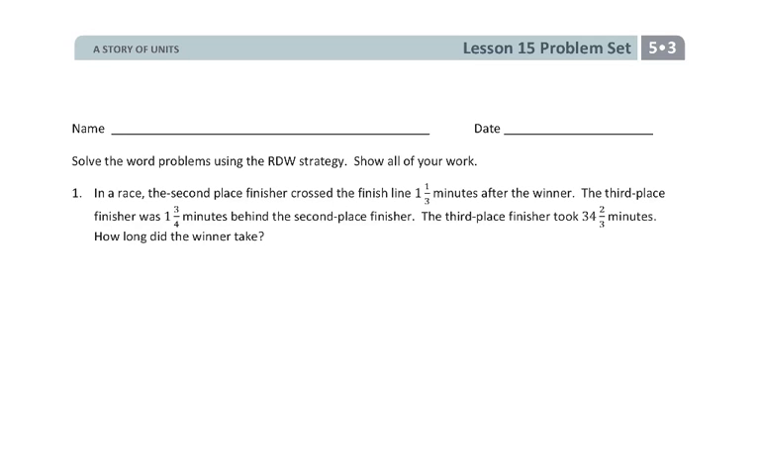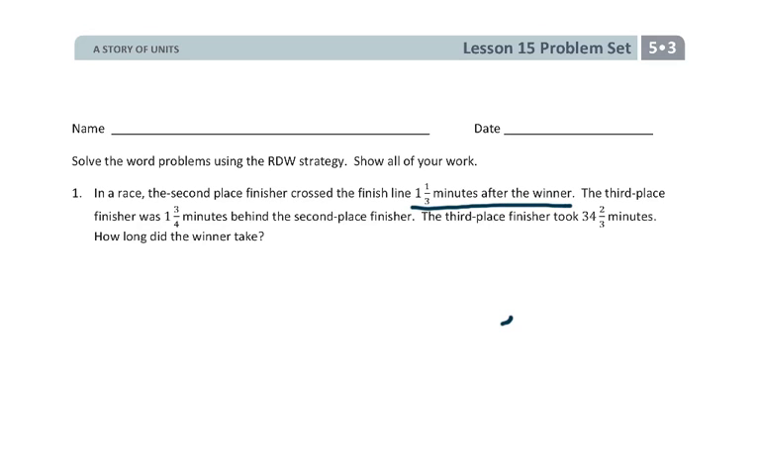So this will be for lesson 15, and we're going to continue the operations with mixed numbers, except for this one we just are looking at a word problem, and so we need to set up our own equation and solve it. So it says, in a race, the second place finisher crossed the finish line 1 1/3 minutes after